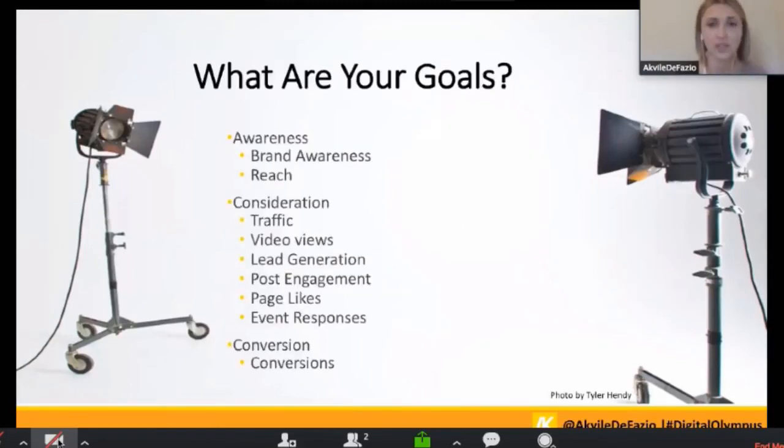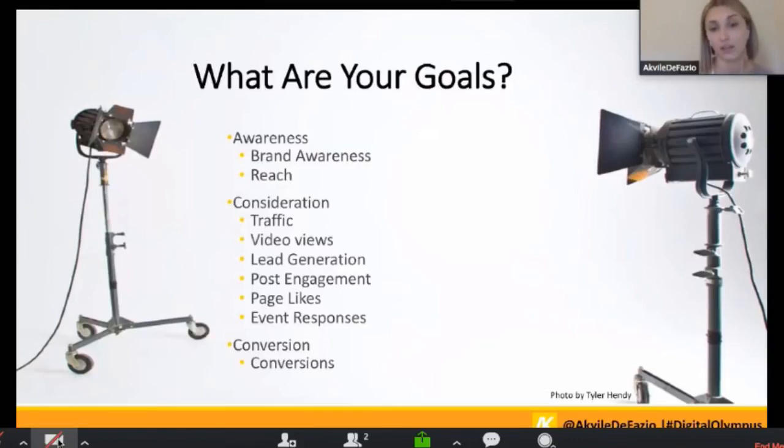So in terms of goals, before you start developing your storyboard and start filming, you'll want to develop your goals and who your target audience is and where they reside in your marketing funnel. So if they're just going down their feed and you want to expose your brand to them for the very first time, it's a really great introductory point to run an awareness campaign. And here you can run a number of videos, which we'll go over next.